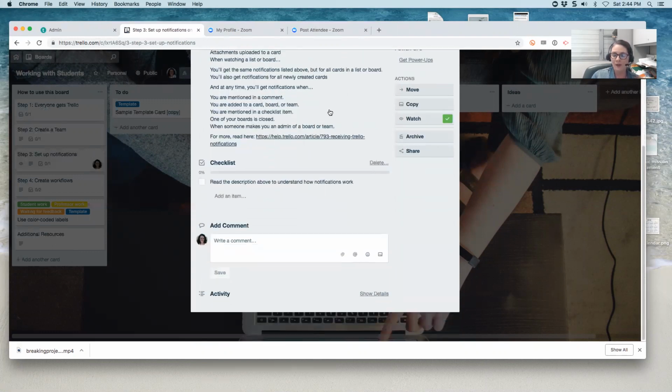Now, another way that you're going to communicate with your students through the board is using tagging. So we just use a regular @ symbol tag, and I don't have any other members on this board and I can't tag myself, so I'll just pretend my pretend student's name is Amy. And so if I wanted to tag Amy in something, I would @ her, and it will